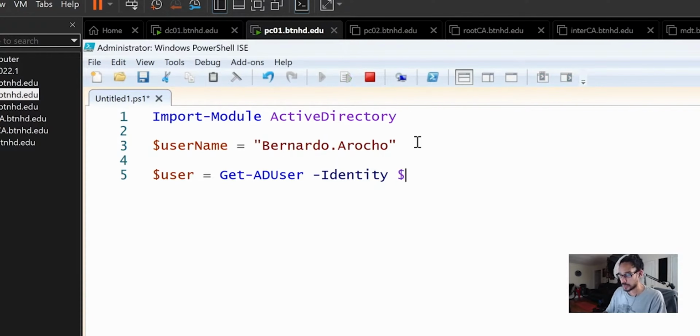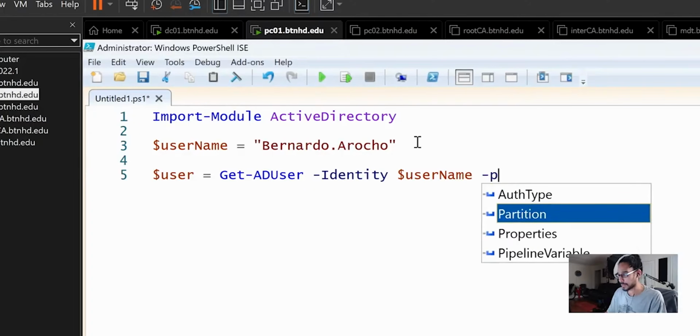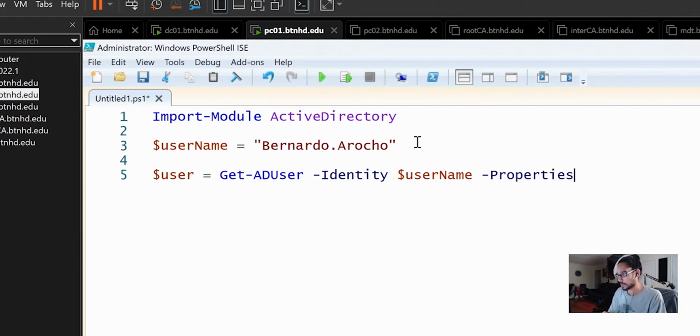And I am going to use that variable that we just declared, which is username. Hit space, and we're going to use another parameter of Properties, autocomplete that. And the property that we want would be MemberOf, the member tab, right? So it would be MemberOf, hopefully I spelled it right.